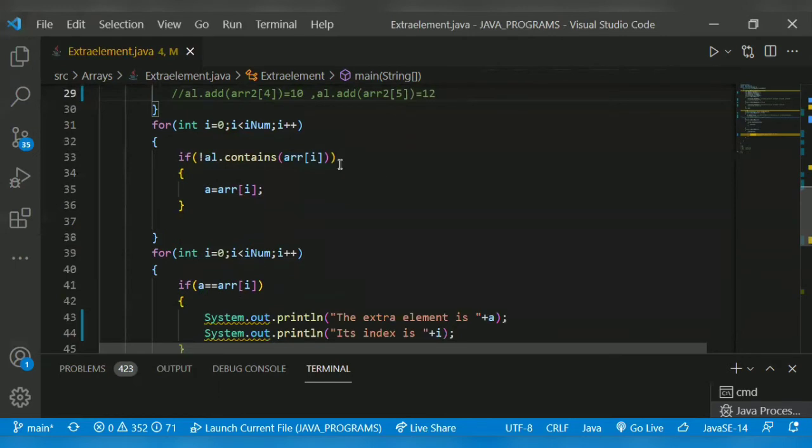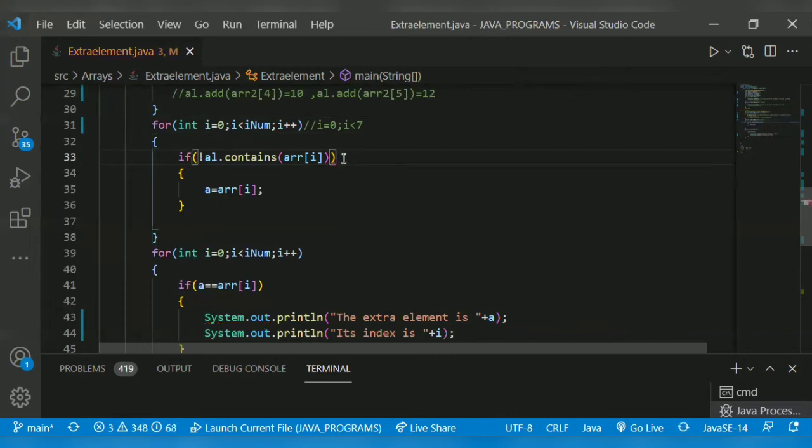After that, I iterate another loop which will check the elements. It will run from i is equal to 0, i less than 7. So it checks whether al dot contains of arr of i, not contains.